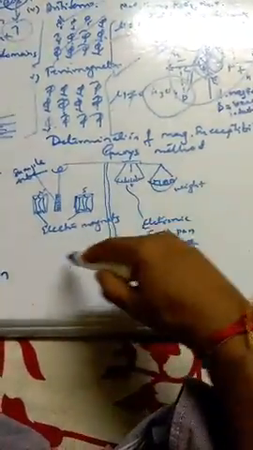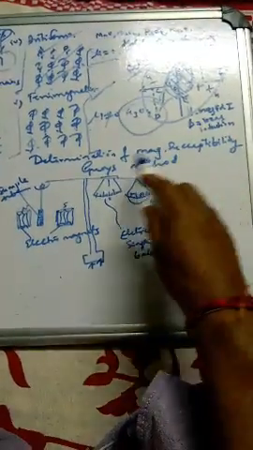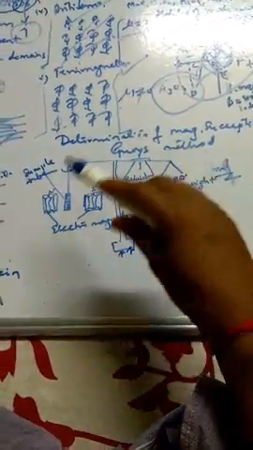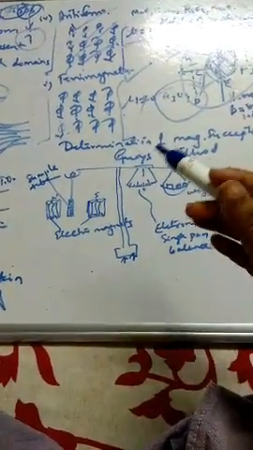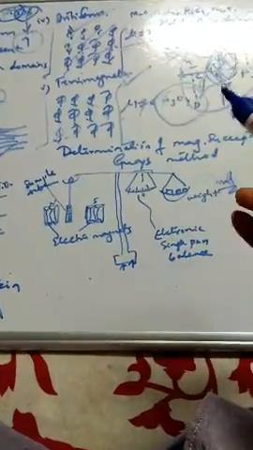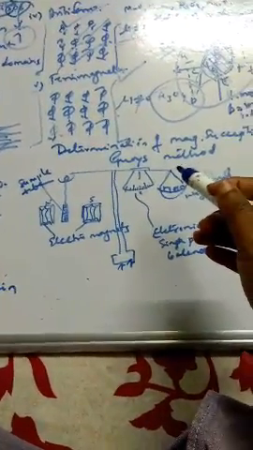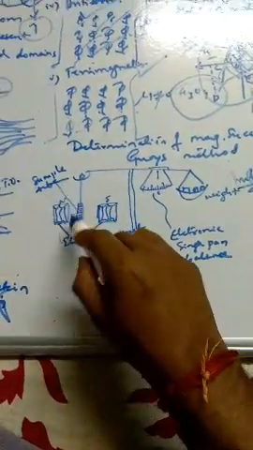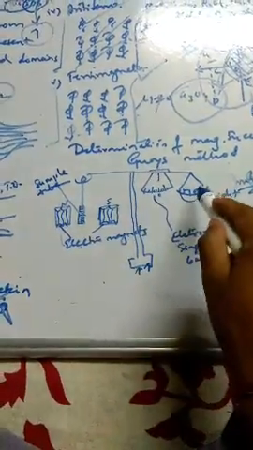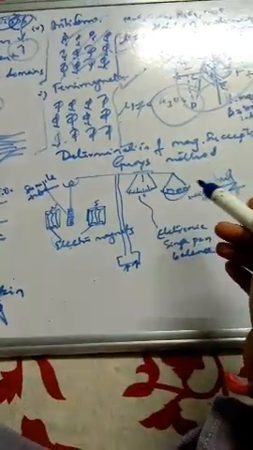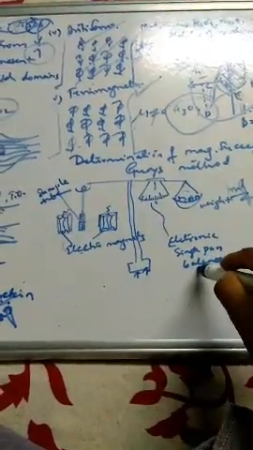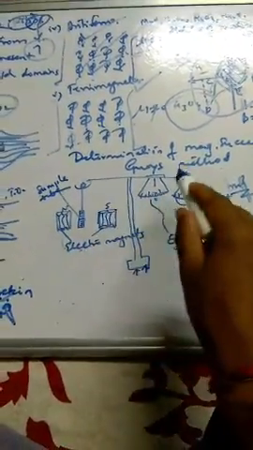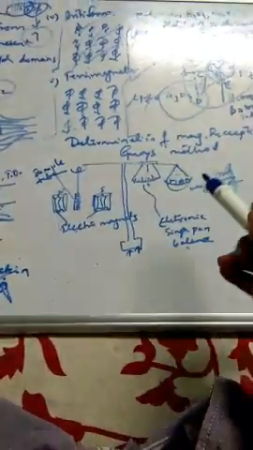Finally, this is the determination of the magnetic susceptibility by the Gouy method. Very important here. They will ask a 5 marks question, so you can take the diagram and keep it ready. Its principle, working, and calculation we will see in the next class. These are the electromagnets. One sample tube is hung here in the tube, and the weights are there, and the electronic single pan balance is there. This is a schematic representation of the Gouy method.